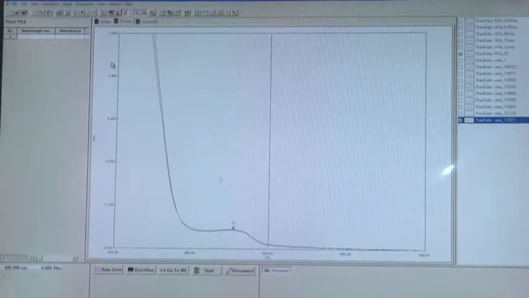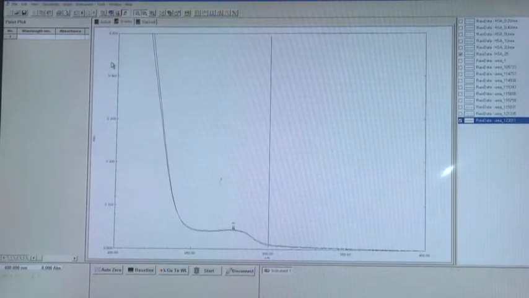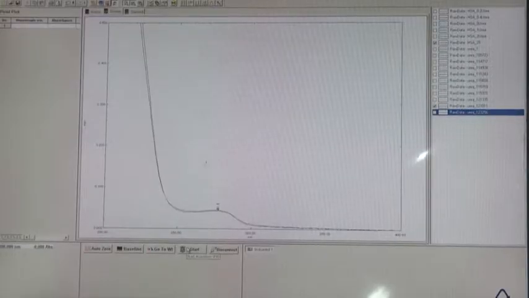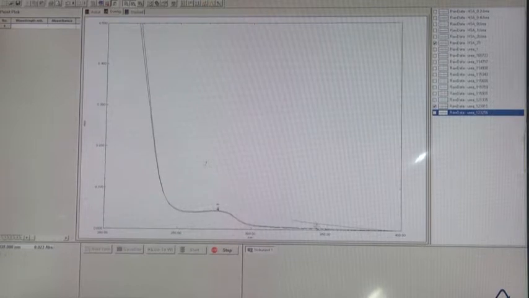Now, we will shift to 45 degrees centigrade and see what heat does to the protein structure. The auto zero has been done, it is set to 0, and let us start at 45 degrees centigrade. Here is the spectrum of the protein at 45 degrees centigrade. We can see the absorbance increases, that is, denaturation has started occurring.